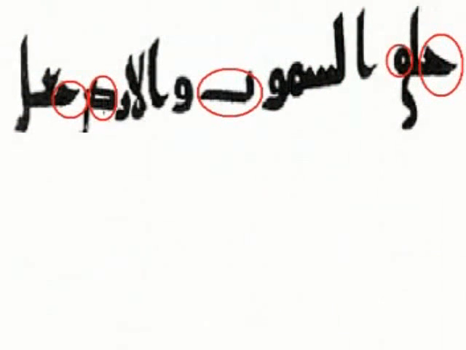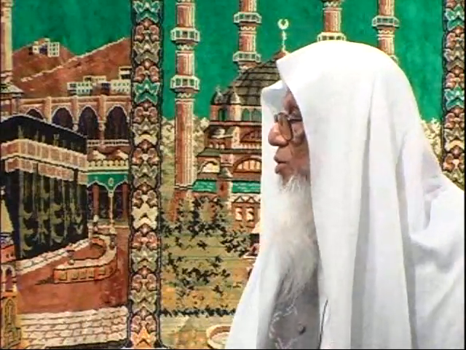The second element is the dots, which were added later on. For example, khalaqa: kha has no dot. Qaf has no dot. Samawat: ta has no dot. Now in those days, the Arabs, the Muslims, knew the Quran by heart. It was only a support. But most of the people, most of the Sahabas, knew the Quran by heart, so they could easily read the